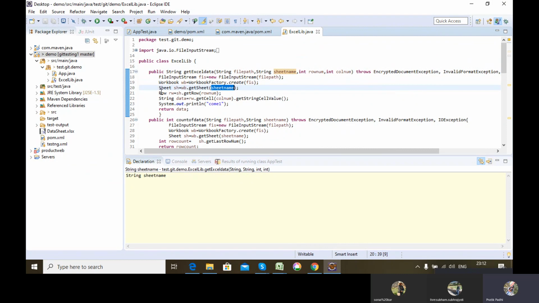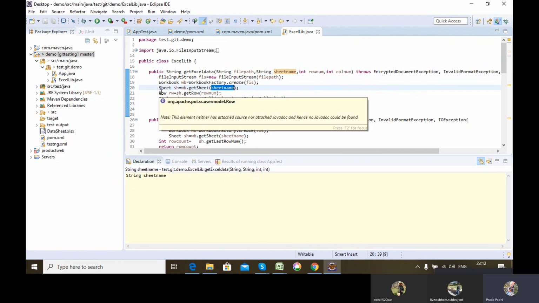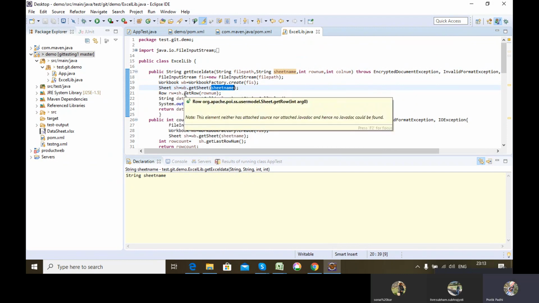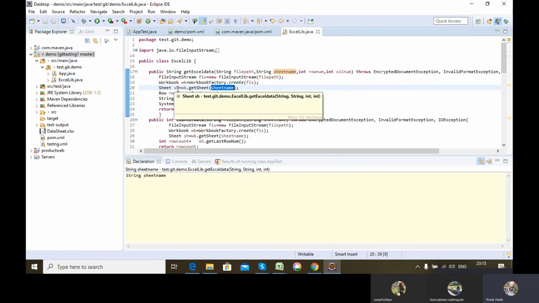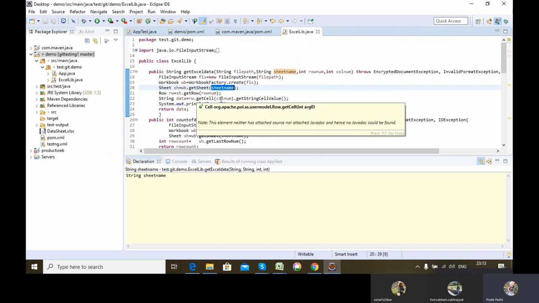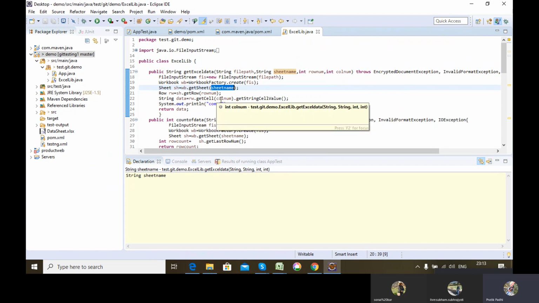Then I'll be creating a row instance, using the command getRow with the sheet instance and giving the row number from where I want to read. Similarly, for the string data, I'll have row.getCell with the column number of the cell, dot getStringCellValue. So it will return me a string value.